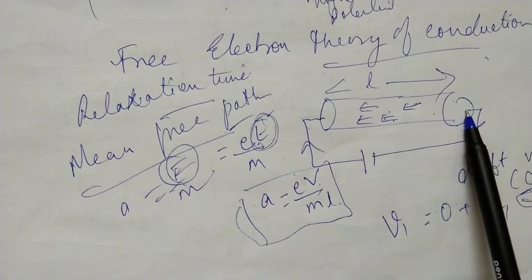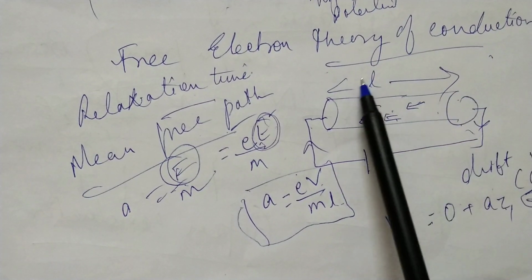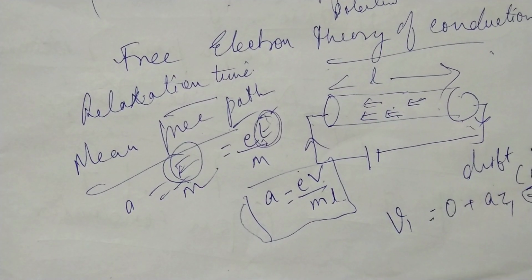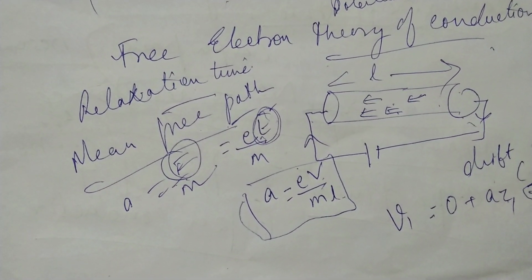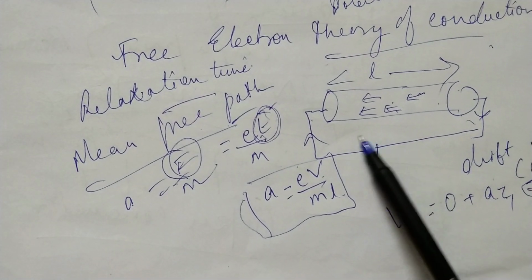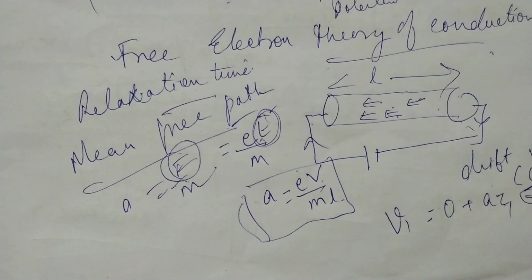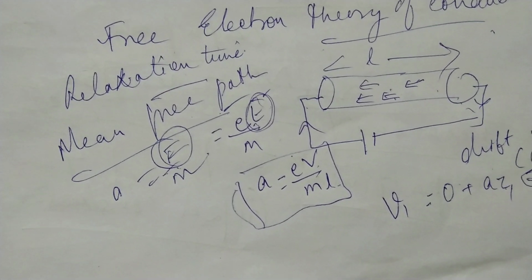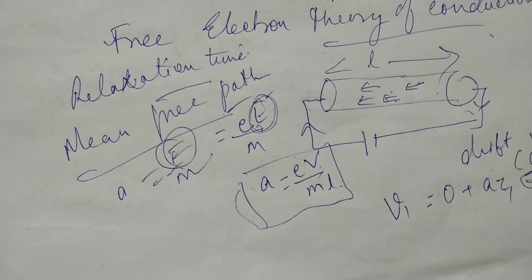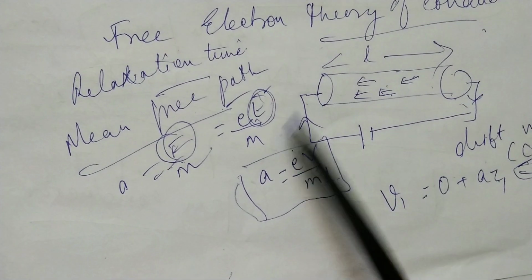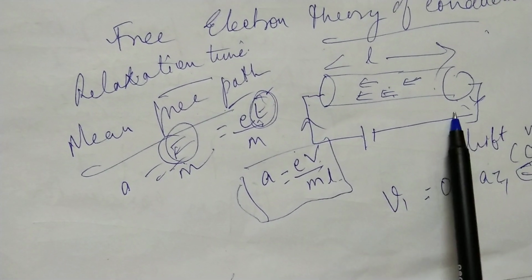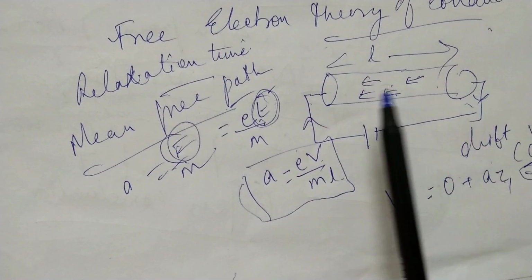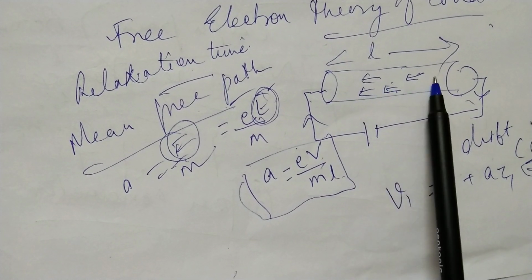Here the conductor has been taken and the length of the conductor is L. When there is no external cell added, what is seen is that the average velocity becomes zero because of the random motion of the electrons. But the moment an external cell is connected to the ends, a potential difference is there, and the current flows from positive to negative, and the electrons which are inside the conductor,